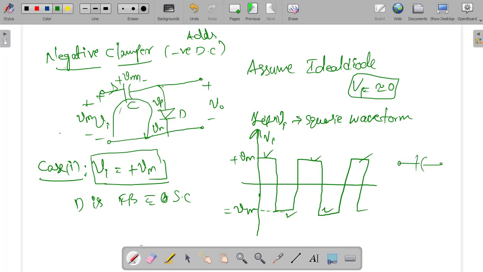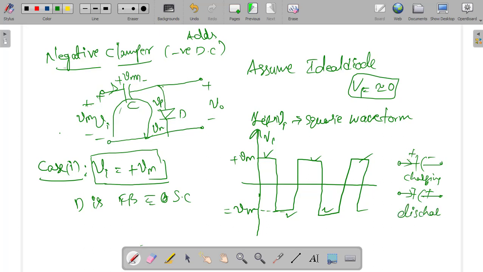So this is plus, this is minus. If the current flow is like this, then it indicates the charging position of the capacitor. Current entering the positive indicates charging, and leaving the positive indicates discharging. First it will charge and then discharge.